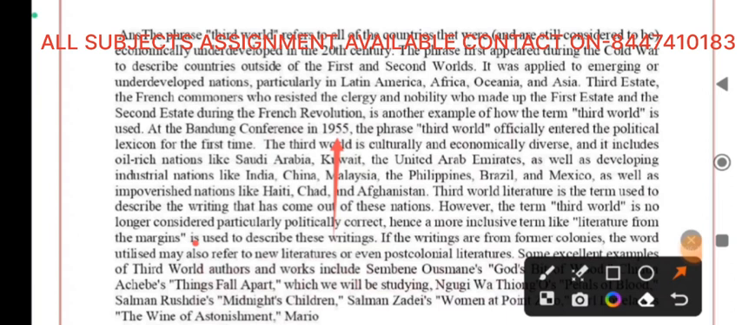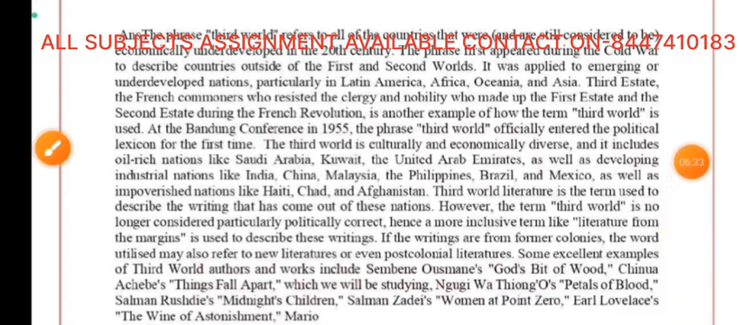The phrase third world officially entered the political lexicon for the first time. The third world is culturally and economically diverse, and it includes oil-rich nations like